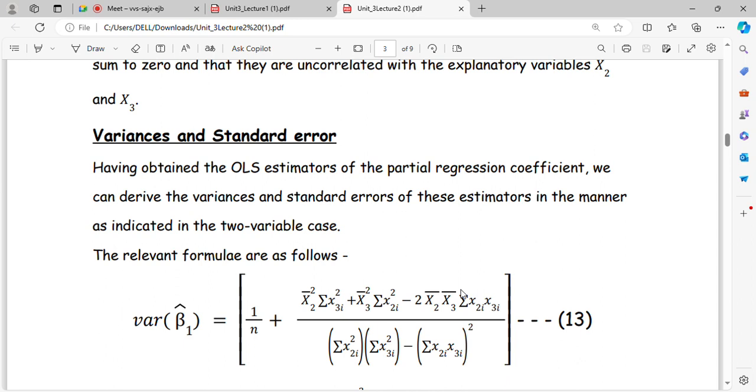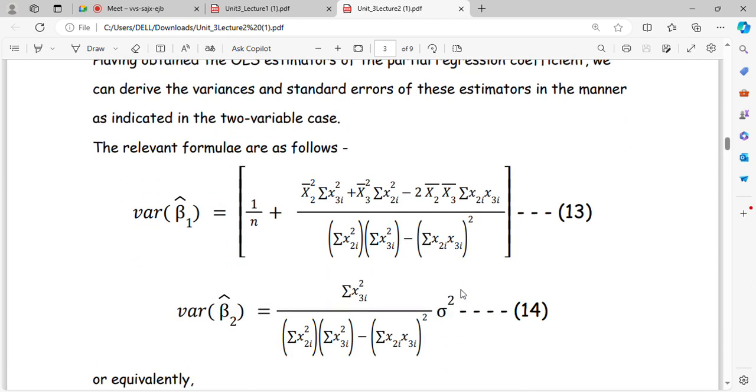Having obtained the least squares estimators of the partial regression coefficients, we can derive the variance and standard error of these estimators in the manner indicated in the two variable case. The relevant formulas are as follows. Variance of beta 1 hat we get like this. It is not necessary to memorize it as such, just look at it for the exam. Variance of beta 2 hat needs to be remembered a bit differently, because many other things come out of it. Next, variance of beta 2 hat equals summation x3i square